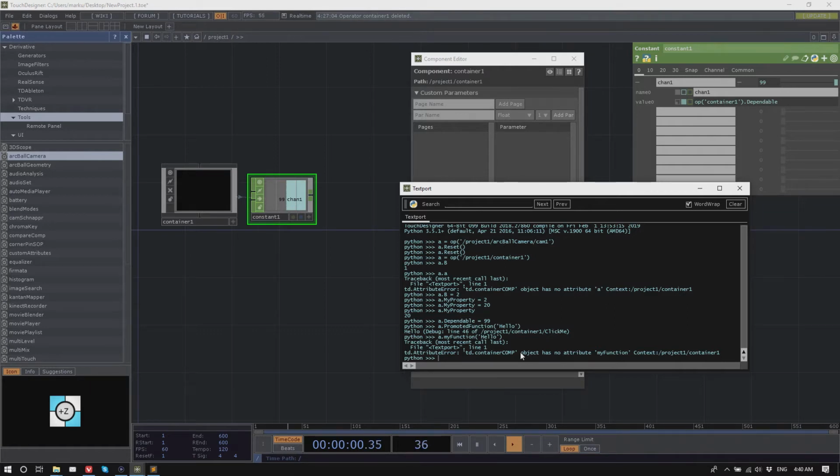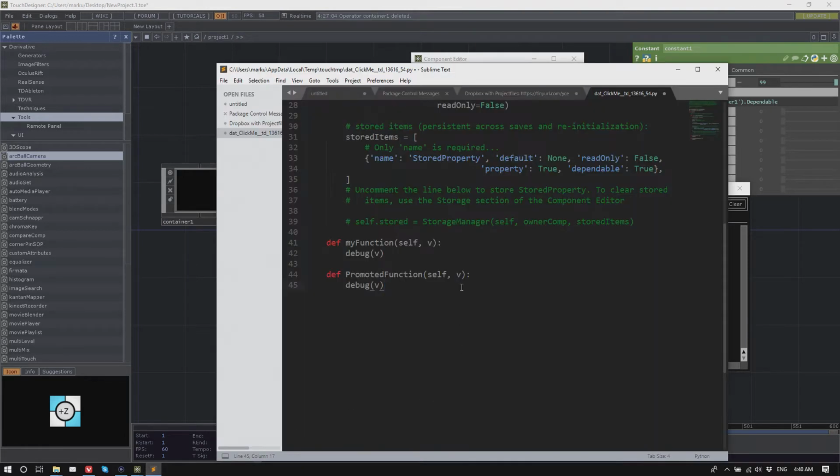But if you open your Sublime Text again, my function and promoted function are actually the same. It's just a template, you can write anything in there. Promoted function starts with a capital, and my function with a little m. That's the only thing.